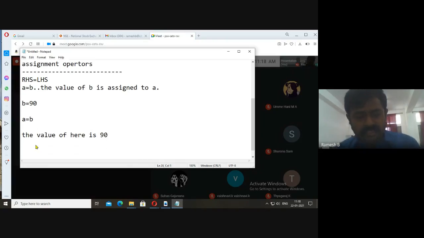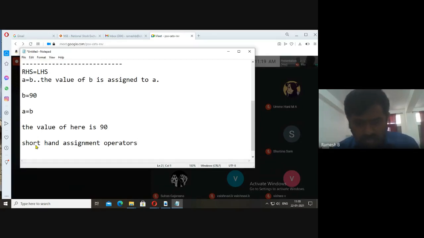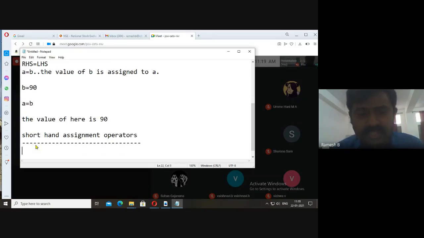Now, the next operators are shorthand assignment operators. I told you in the last class. Why are they known as shorthand? Because they make the task faster.